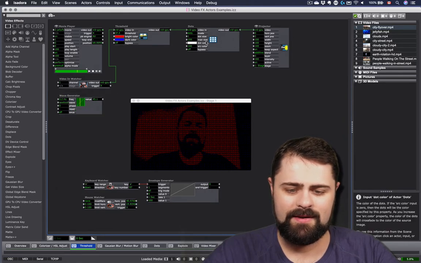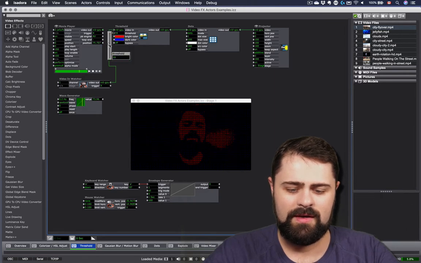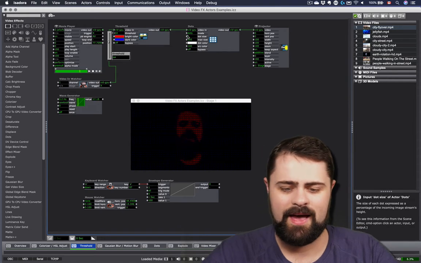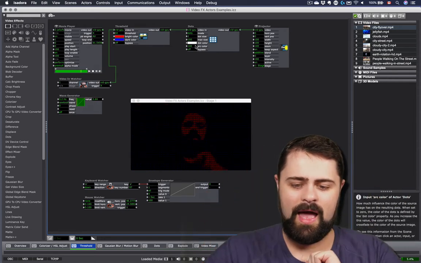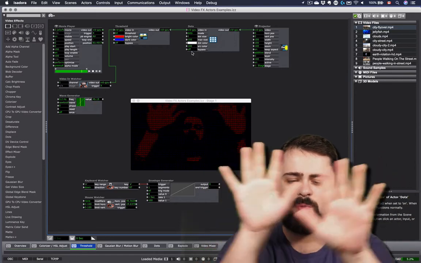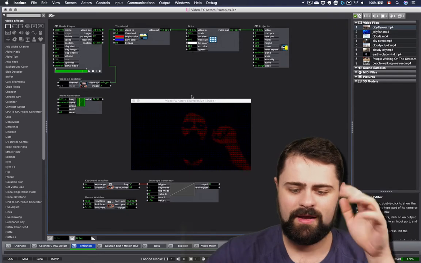I like that. Maybe even add a little bit more to the threshold. Yeah. Oh, look at that. That's a cool effect. I really like how the spotted, speckled sort of cartoon almost effect is created like this.